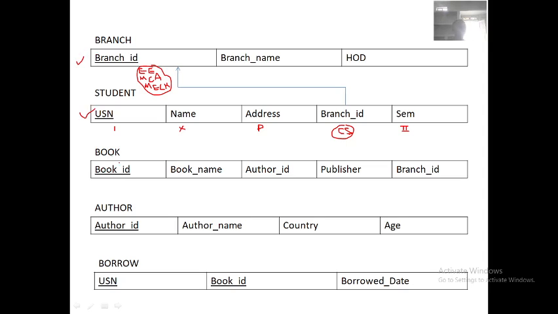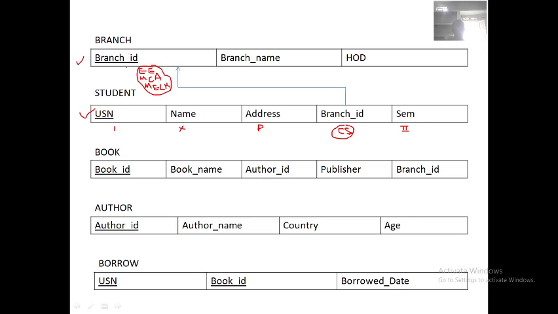Now if you go to the book table, here in this book table author ID is there. Author ID is referred from the author table. We have not entered any values into the author table, so again you will get an error. But branch ID is there, because you have already created the branch table and inserted the values.